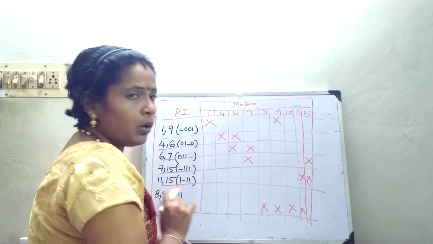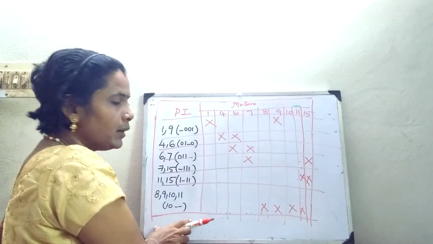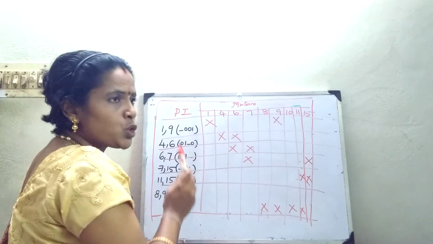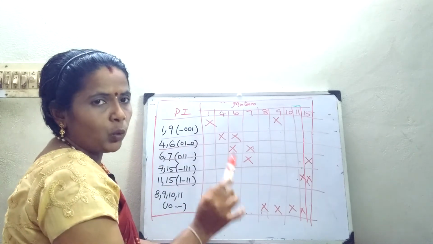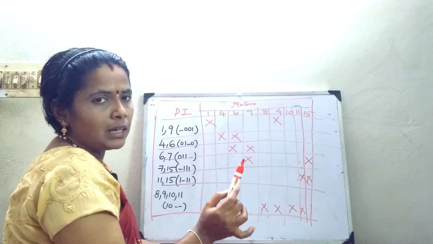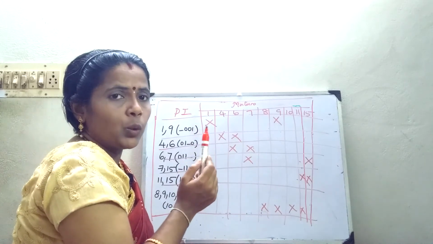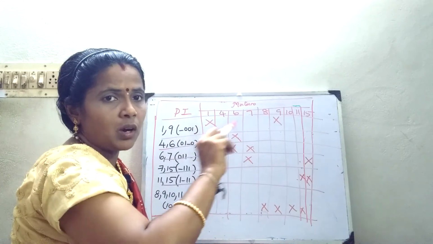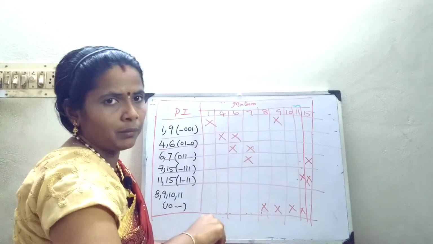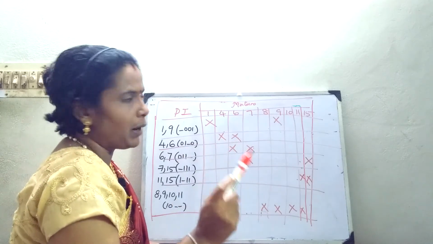Okay. So now what you have done? You have written your input expression here, and whatever the unticked terms you have written here. The next step is, first you should go to the columns which have only a single cross. If there is a single cross, that is called an essential prime implicant. Why? In the K-map, you would have already seen the terms which are not going to be covered by any other minterm. It is going to be a single grouping. Some other grouping is not going to overlap. In that case, those are called essential prime implicants.